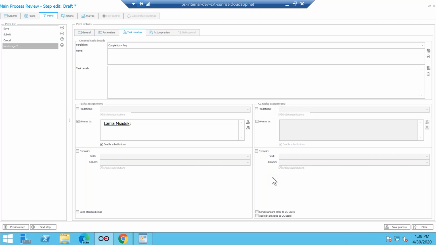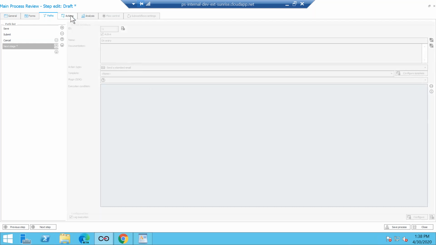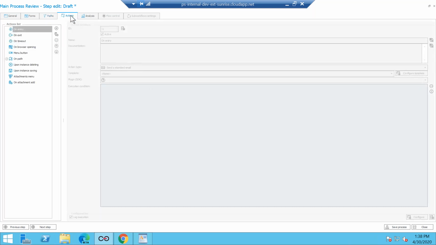You could have dynamic Azure AD groups as well, if you want to send it to a whole group of managers for review. The next tab right here is the Actions tab. You can think of the Actions tab as when I click on Submit, I want some functionalities to happen behind the scene. Like I want to send an email notification to the requester saying your request was successfully submitted.